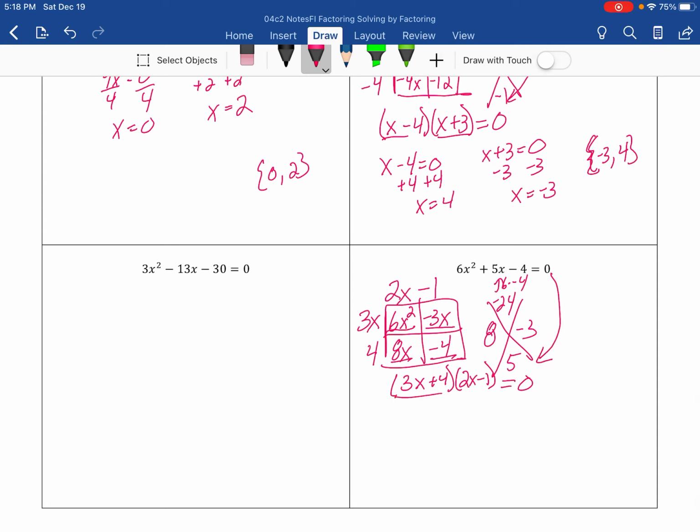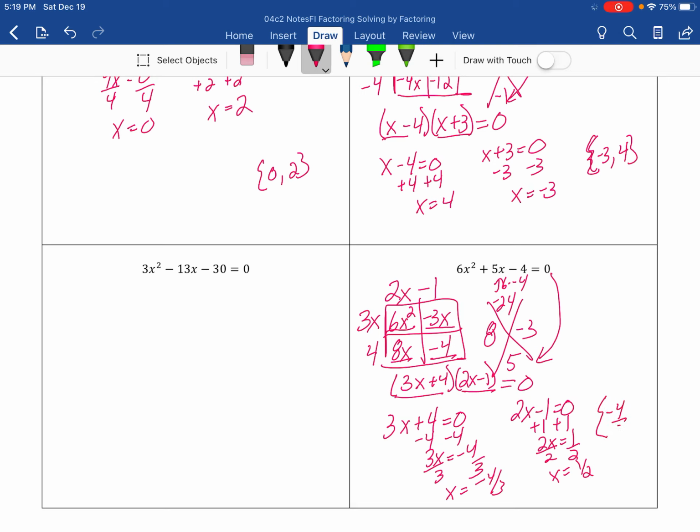But I remember that I'm solving, it's set equal to 0, so then I use my factors to solve. I know 3x plus 4 is equal to 0. So x is equal to -4/3, or 2x minus 1 would be equal to 0. X would be 1/2. And so I just write that -4/3 and 1/2, because you can have nasty answers. And that's how you